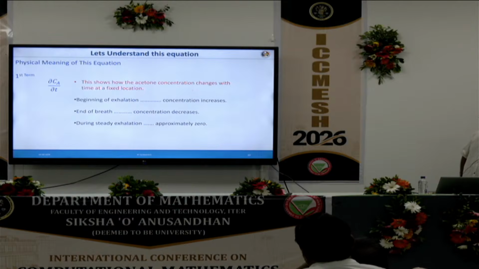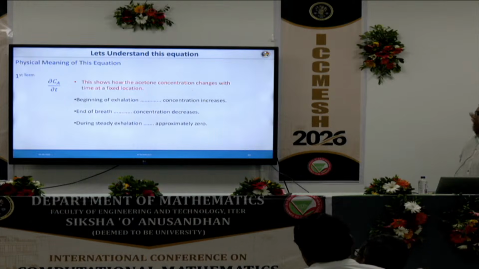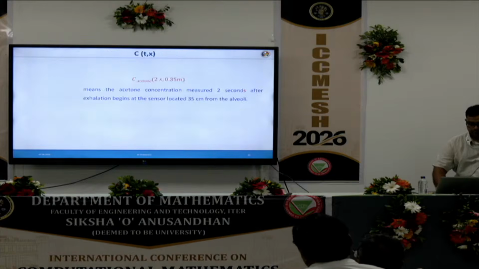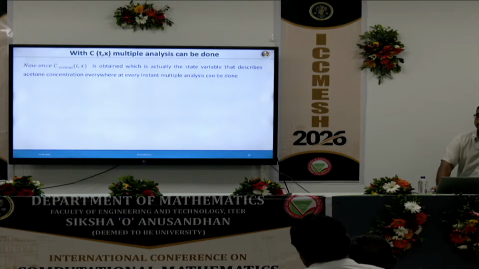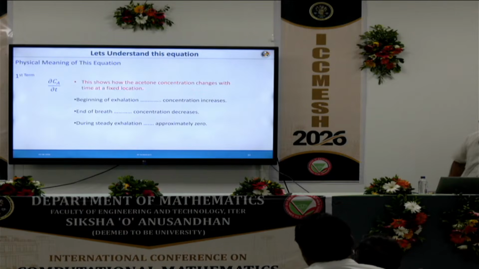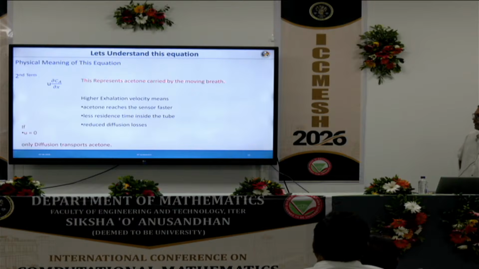Now, the beginning of exhalation means that concentration will increase, then there will be the end of breath. I have shown you one cycle, if you remember the capnograph. Initially it will rise and then it will fall. It has different phases, phase 1, phase 2, phase 3 and phase 4. Phase 4 is nothing but it coming back to the baseline, or respiratory baseline, or inhalation only. And during the steady state exhalation, it will of course be 0 because I am considering it as a time